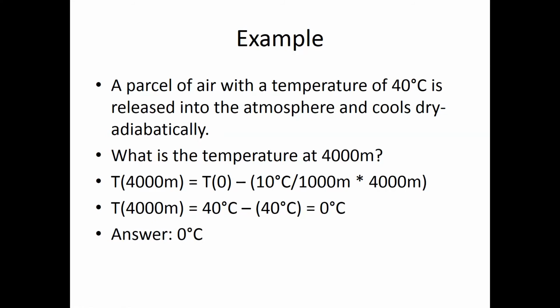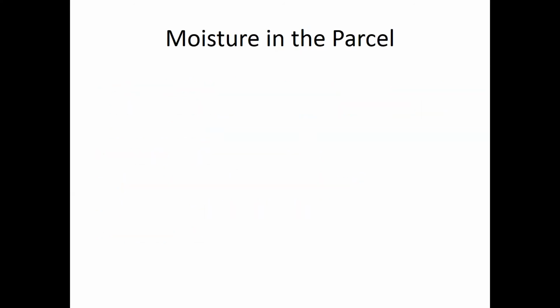But again, if you're not comfortable doing that, just start with a parcel at the surface, 40 degrees Celsius. Raise it to 1,000 meters. Now it's 30 degrees Celsius. 2,000 meters, now it's 20 degrees. 3,000 meters, now it's 10 degrees. 4,000 meters, now it's 0. So just every 1,000 meters you go up, you take 10 degrees Celsius away. All right? Now,